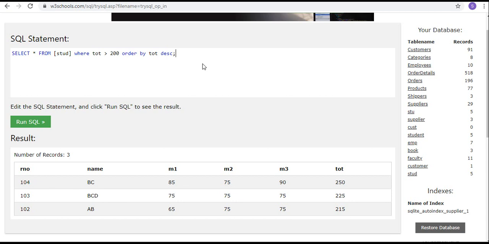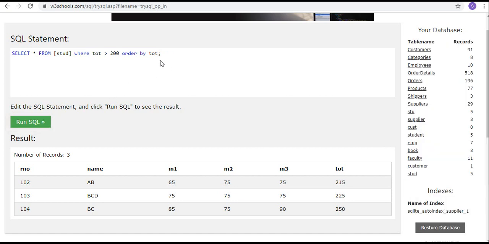Yeah, so here in this query I have used where condition and order by. If you want to use where and order by, you have to use where clause first, then you have to go with order by clause. So first it will check the condition and print the values, and those values must be sorted with the help of this order by command. If I didn't specify anything here, by default it will come in ascending order.